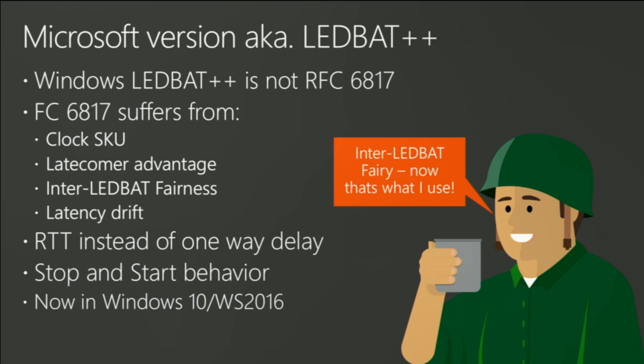What the regular LEDBAT suffers from is that the people that come late to the game basically come in and compete with the other guy, so the other guys back off from that guy, and he basically tramples them down. So by measuring the RTTs and doing some other smart stuff, basically the start-stop behavior that you saw with the pink bar that kept going, it keeps track of the connection really well.